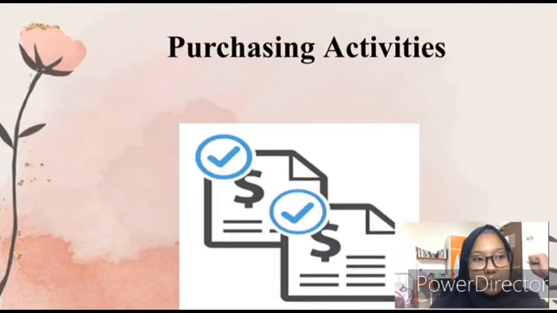Next, we move to purchasing system cycle activity. We have 9 basic cycle activities in the purchasing system. The first one is identify a need for products and services. The second one is find suppliers. The third one is a request for quotation (RFQ). The fourth one is initiate head-to-head auctions or direct negotiations.